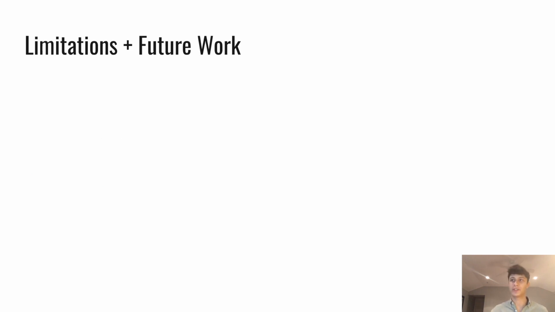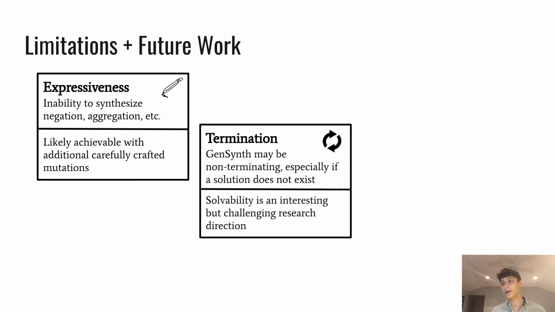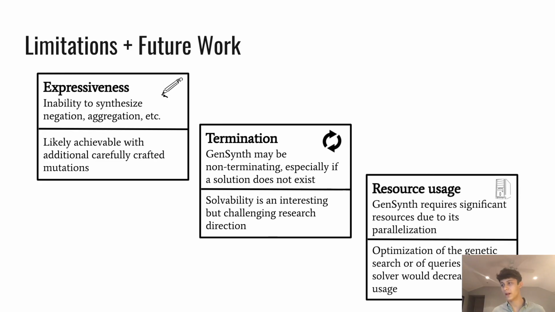So some limitations. GenSynth can't synthesize negation or aggregation, but that's likely achievable with additional mutations, and that might be the focus of some future work. GenSynth may be non-terminating. If a solution doesn't exist, GenSynth might keep trying to mutate and find a solution. GenSynth requires significant resources due to its parallelization. This is an advantage of GenSynth because it's able to run very quickly, but on the flip side, it requires